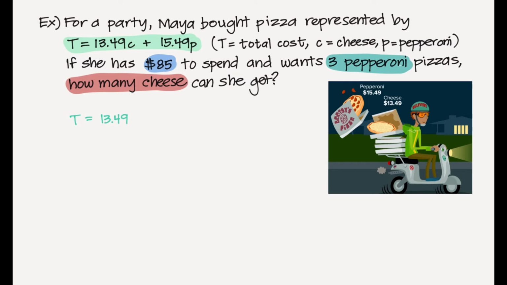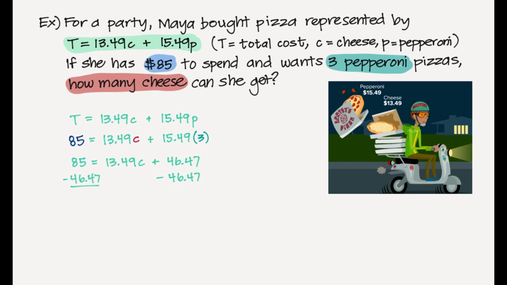T equals 13.49C plus 15.49P. Then we can go ahead and plug in the information we know. The total cost that we have is $85, and I don't know how many cheese pizzas I want, so I'm going to leave that variable. But I know that I have 3 pepperoni pizzas that I want to buy, so I'm going to multiply that by 3. So let's go ahead and rewrite this. So 85 is equal to 13.49C plus 46.47. I can subtract that amount from both sides of my equation, and I am left with